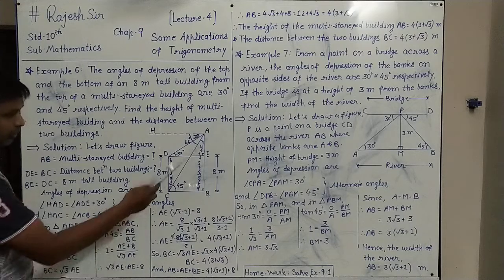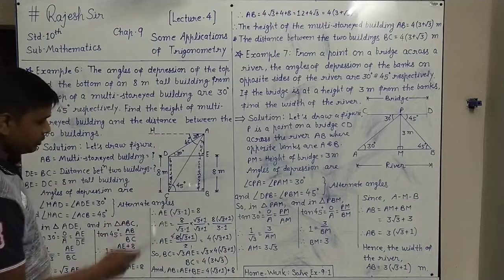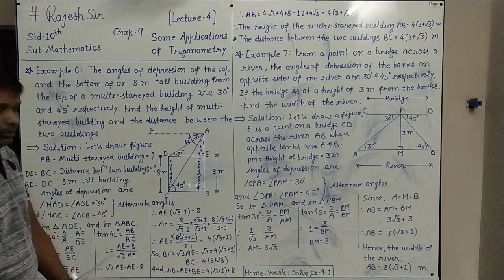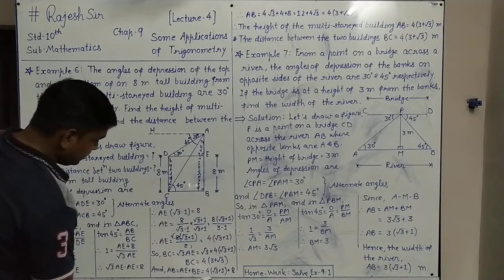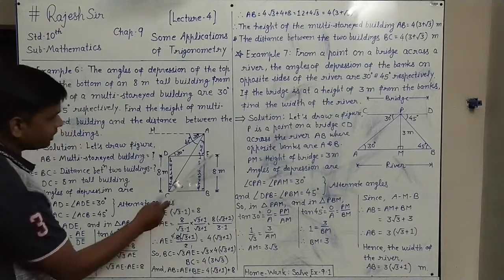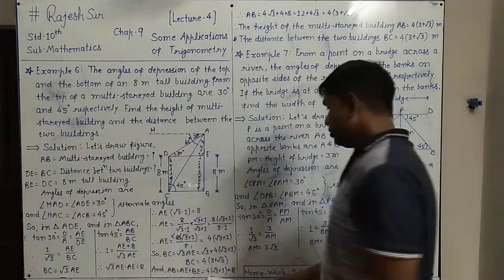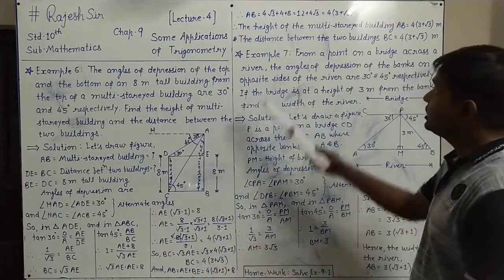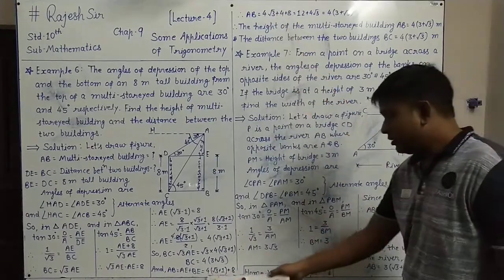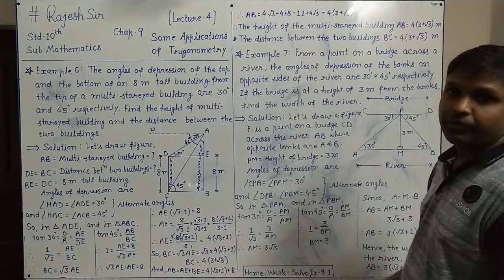And here from the figure again, see, the full AB equals this part AE plus this part BE. You have to sum both. AE we have found is 4 into root 3 plus 1, plus BE is given as 8, that we have placed, right? Now multiply the 4 inside: 4 into root 3 is 4 root 3, plus 4 into 1 is 4, and this plus 8 is outside, so plus 8 as it is.